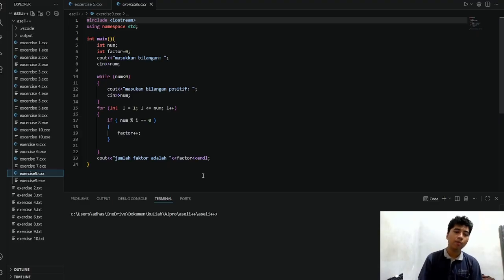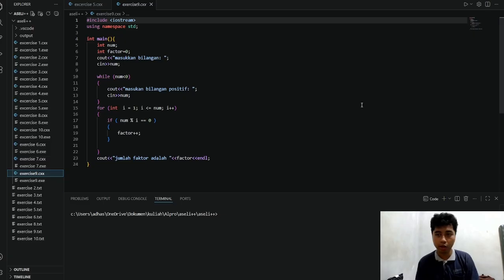Then if num modulo i is equal to 0, then the factor will increase by 1. After it is done, the cout will be "jumlah faktor adalah" and the factor.